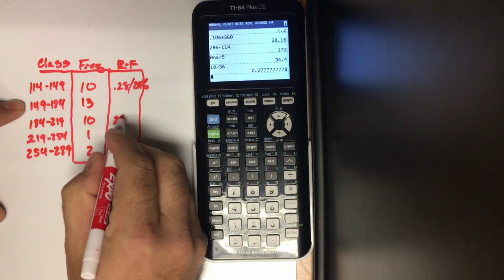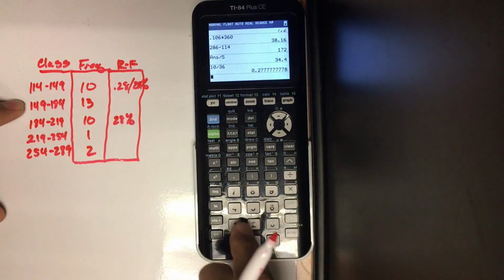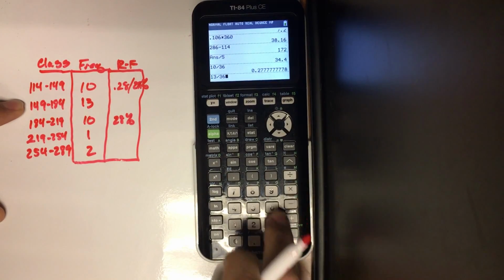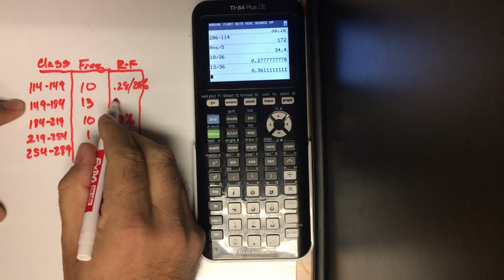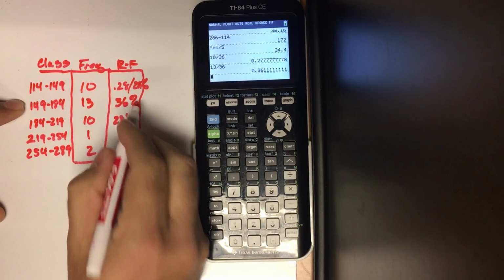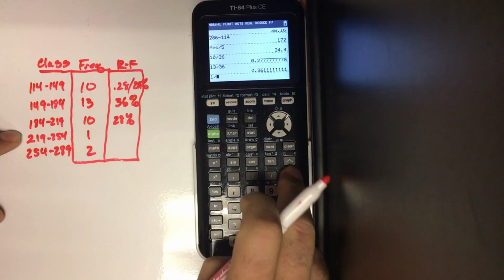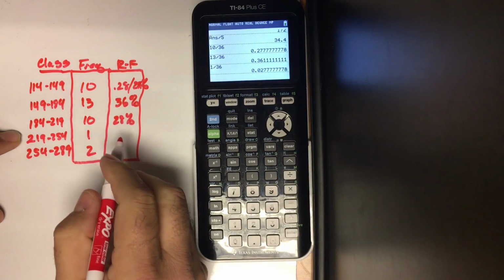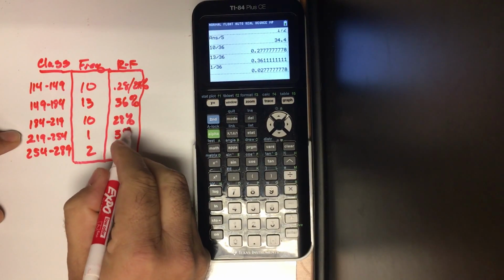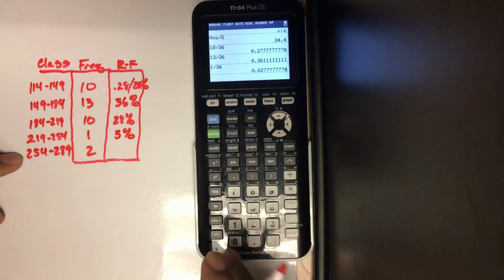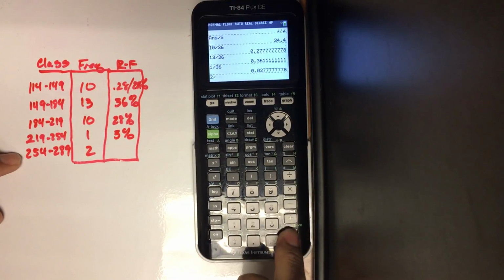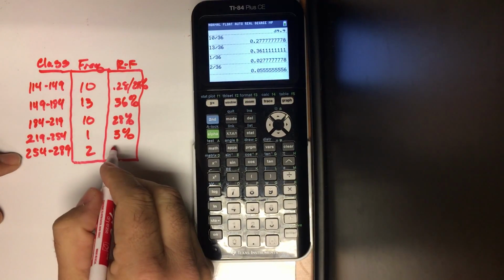And then this one will be 28% as well. And 13 out of 36 is 36%. And 1 out of 36 is 2.7%. We'll call that 3%. And then the last one is 2 out of 36, which is 5.5%. We'll call that